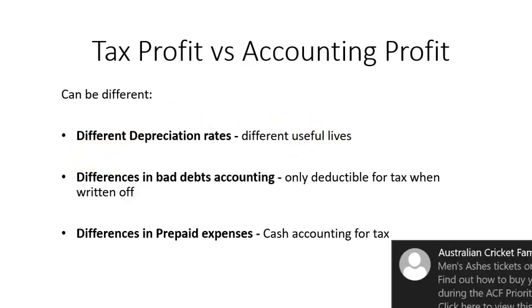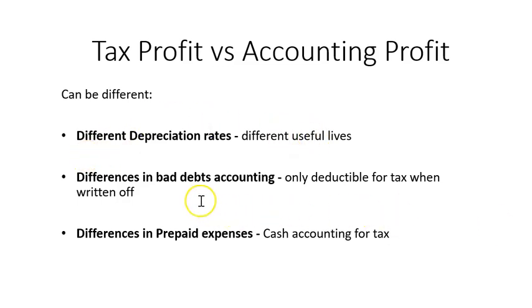The second reason is there are differences in bad debts accounting. So for tax purposes, bad debts can only be expensed when they're actually written off. So when you recognize that you're not going to collect this expense, then for tax purposes, it can be